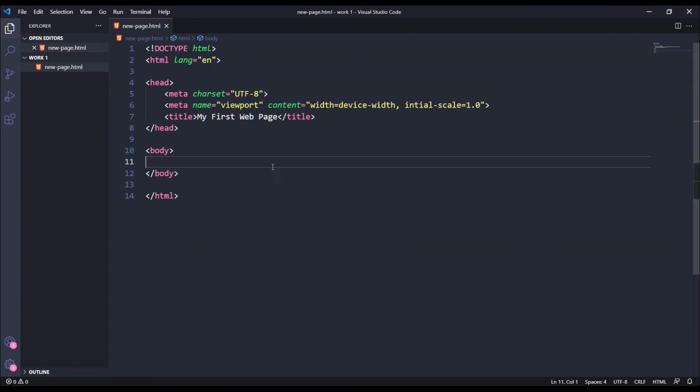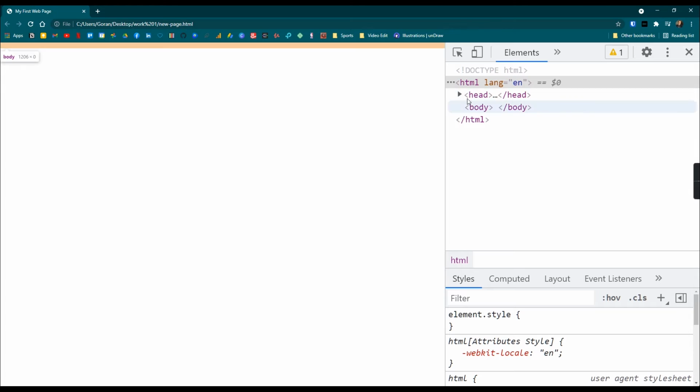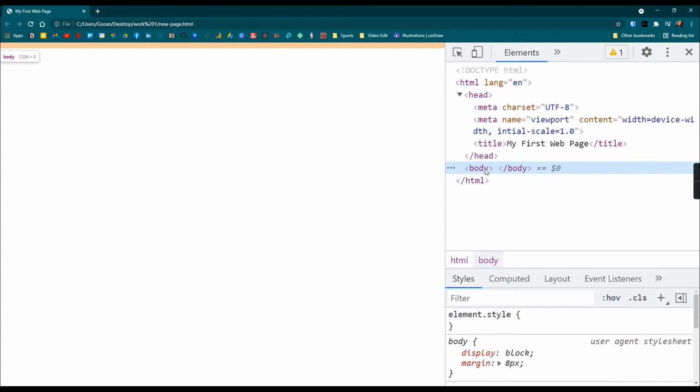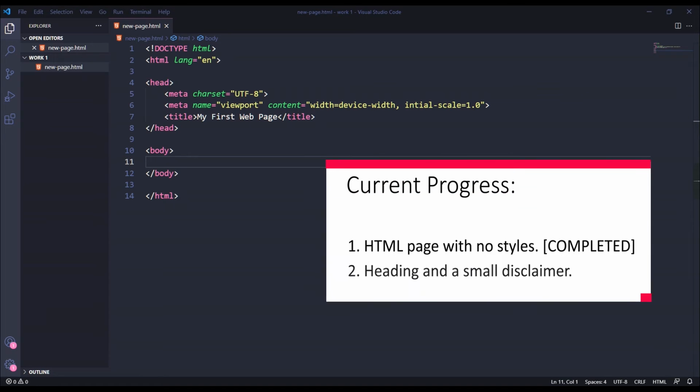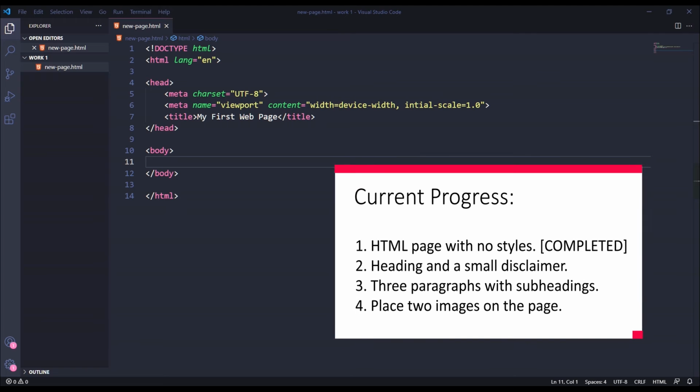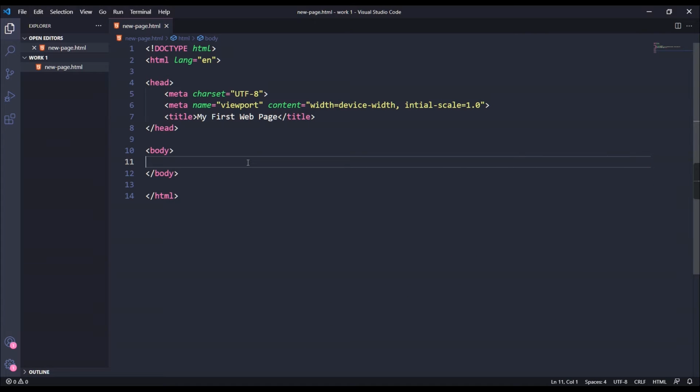So in this lesson we are going to start writing some HTML that is visible to the users and to actually show something to our users, which is what our main idea behind the task is, to actually create something visible for us. In order to finish the second part of our task, we need to create a heading HTML tag and also a small disclaimer text underneath that